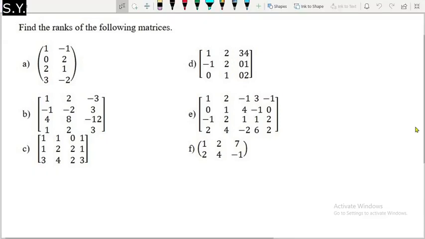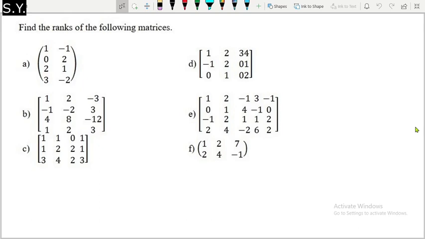Hello, my dear students. In today's class, we are going to see a few more examples on rank because you should understand how to tackle the examples of finding rank. Now, in the exam, it may not be asked like this, find the row rank or column rank. They may ask you to find row rank or column rank in this way, or they may simply ask you to find rank. This may also happen.